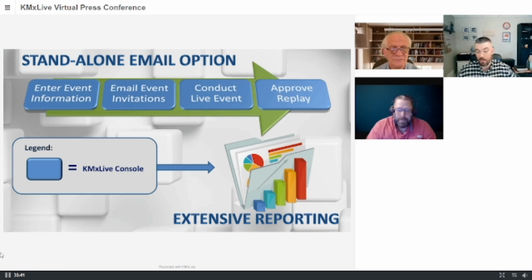Now, once an event is completed, you then have the option to publish the event for attendee review or enable on-demand access to an unlimited number of users. What's great is that on-demand users receive the full experience of live attendees, including the ability to interact with content delivered during the event. So for any of those of you in the future that are watching this recording, well, you've already recognized that, as you've noticed, you've been able to interact with all of the content that's been pushed. So it's like you are actually at the live event, which is pretty cool.